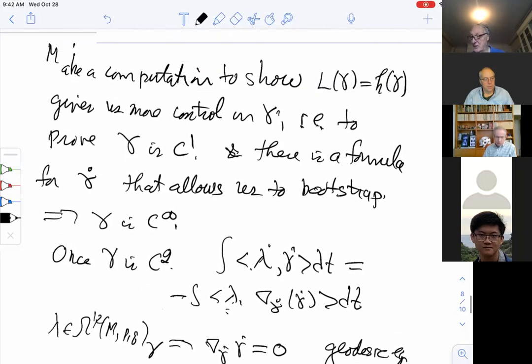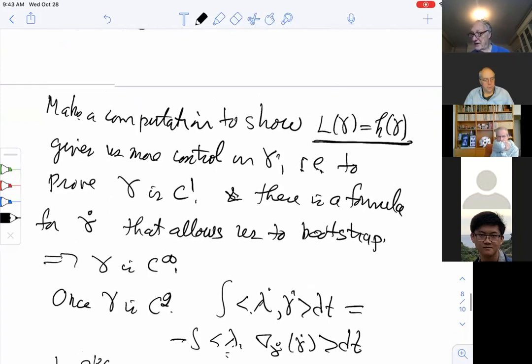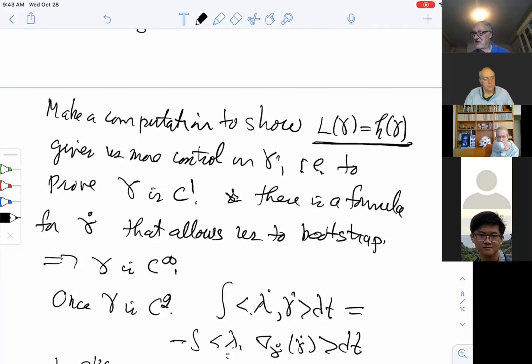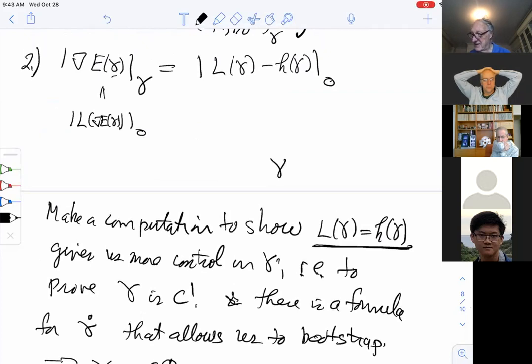Okay. So the whole point now is to use this equation, this L2 equation, to get more control over gamma. So what we know a priori is gamma is absolutely continuous, and its derivative is an L2 function. And the first step to get more control is to prove actually it's a C1 function. What you prove is that gamma dot is in